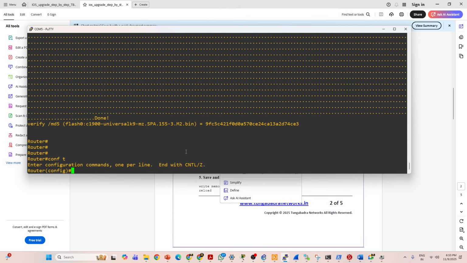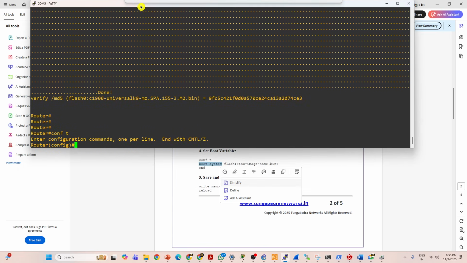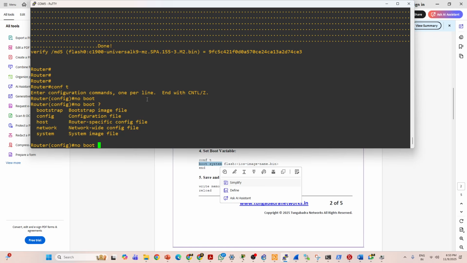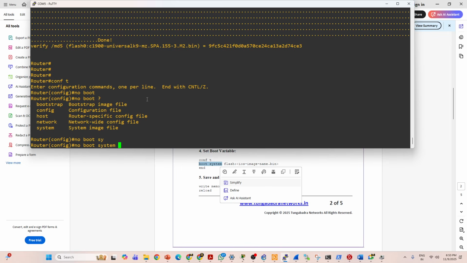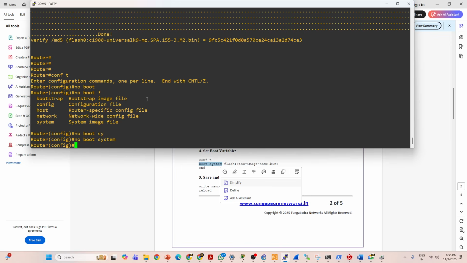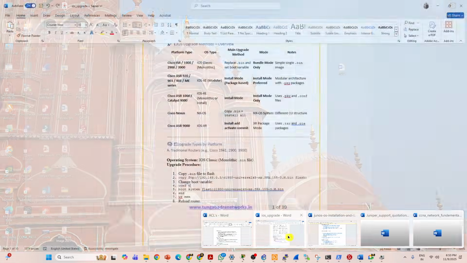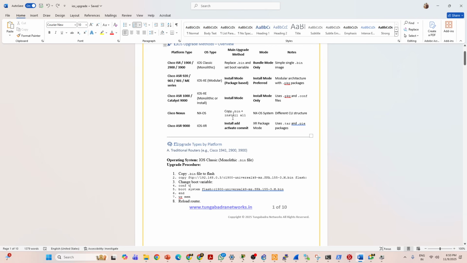Okay, so I need to give it here? Yes, you can give no boot system. You need to give that. So you have to give this. Okay, no boot system, so I have captured it here. It also depends on the model, but for this one, right,